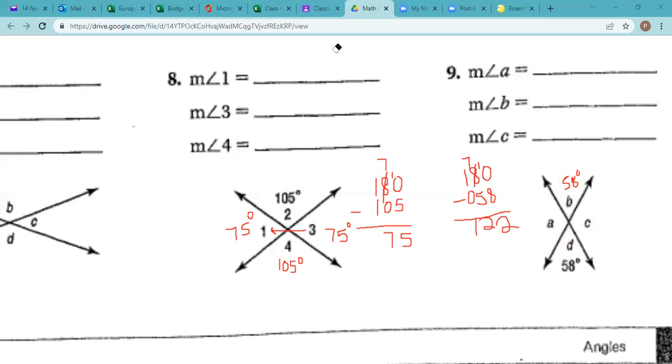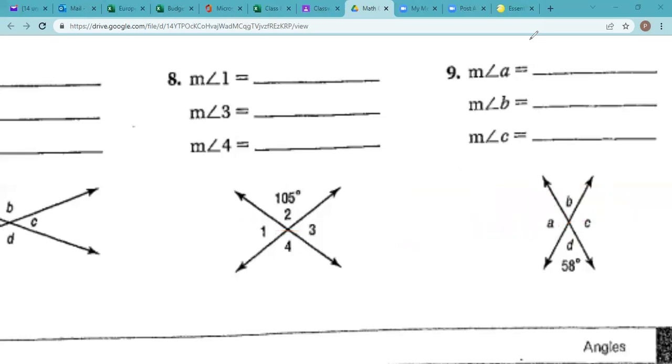All right, so that means the angle C is 122 degrees. And straight across the catty corner across the street, A is the same exact answer. Now, if you take 122 plus 122 plus 58 plus 58, you should get 360 once you add all of the sums together. All right, so